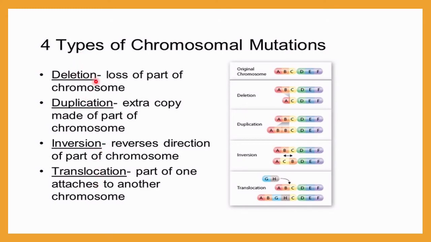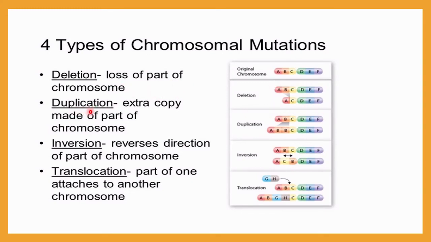So what is a deletion? A loss of a part of a chromosome. Suppose here you can see this is the normal one, A, B, C, D, E, F. What happens if deletion occurs? Here you can see B is totally removed or deleted. As a result, after mutation the new sequence becomes A, C, D, E, F, because B is totally removed. Such a type of mutation is called deletion mutation, because here there is a loss of a part of a chromosome, maybe one or more than one.